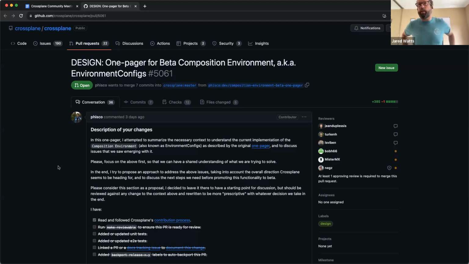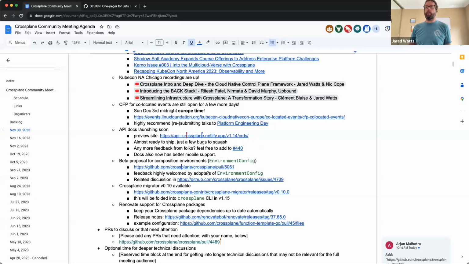So his guidance there is in this document, and I highly recommend folks that are using environment config already, and especially if you've taken it to production environments, to check out this pull request and let Philippe know some of the feedback there, and what's important for you and your use cases and such. So that'll be really important there. There's also a special interest group specifically for environment config composition environments. So if you're interested in meeting there and having a more direct discussion with Philippe and other folks working on it, then you're more than welcome to join that on I think it's on Wednesdays as well.